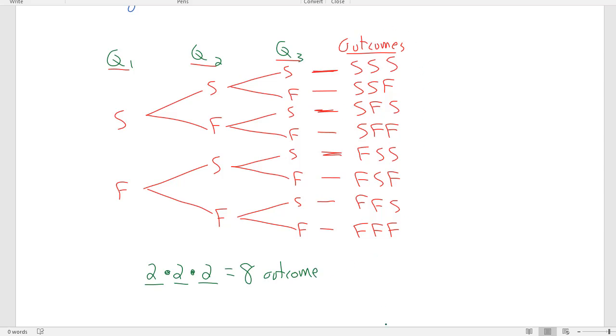Now this question is asking for the probability of 2 successes out of 3 trials. So first of all, let me switch to gray here, and we'll notice that here we have 2 successes, and here we have 2 successes, and here we have 2 successes. So one thing to keep in mind that we see visually in that tree diagram is that the ordering of the successes doesn't matter. So whether we get the first 2 questions correct, or the first and the last question correct, or the last 2 correct, in any of those 3 situations we have gotten exactly 2 questions correct and answered 1